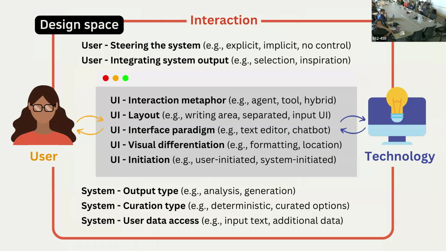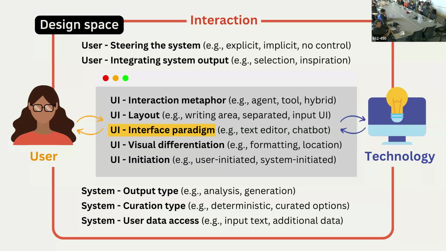So here, I want to make a point that the chatbot interface, although it's the main paradigm that we're interacting with language models these days, is really just one code for one dimension in one aspect. There are so many things that you can vary when designing writing assistants, and when you want to avoid annoying users, there are so many things that you could consider from the user aspect side, but also things that you can change and tune